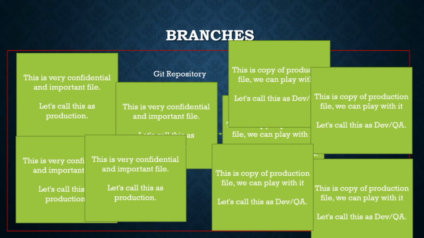But now you see here, our entire repository became a mess. We have a lot of copy files, and a lot of original files. It's very confusing here. By seeing duplicate files, someone can make changes in production thinking it's a copy, and when someone tries to find a file, it's very hard to find the original file. Overall, our repository became very messy, and this makes our life very difficult.